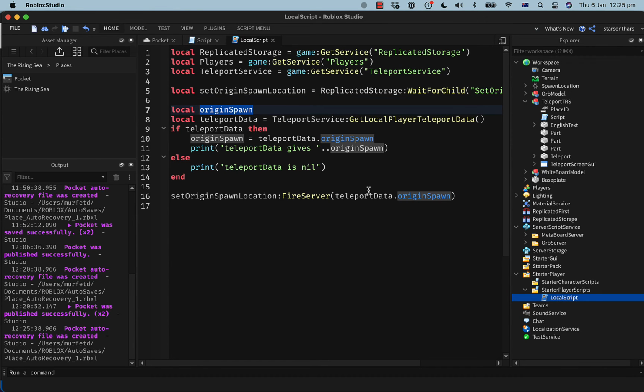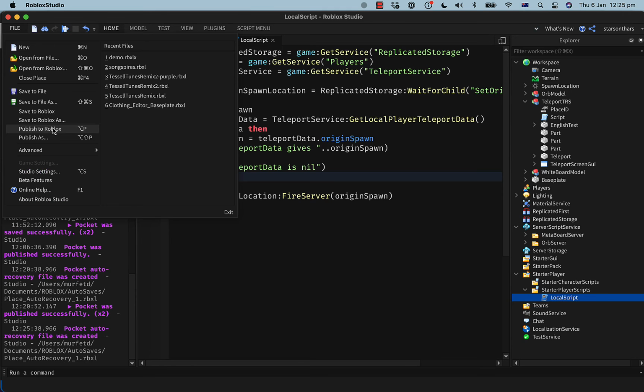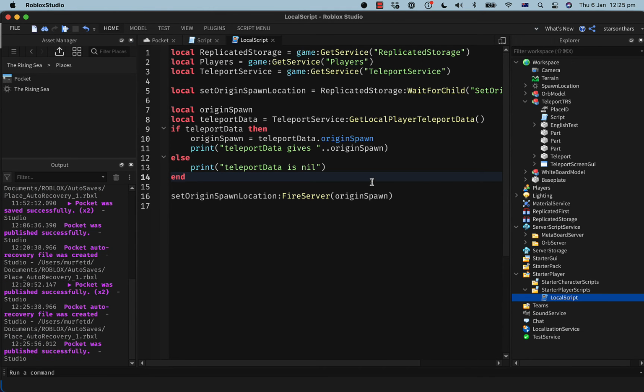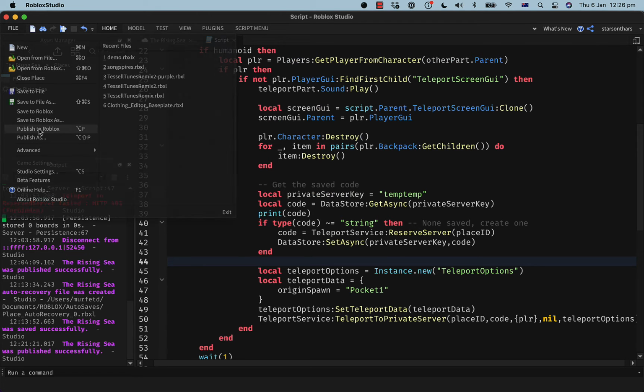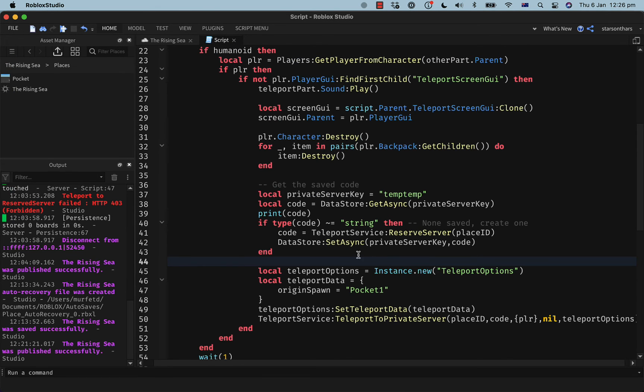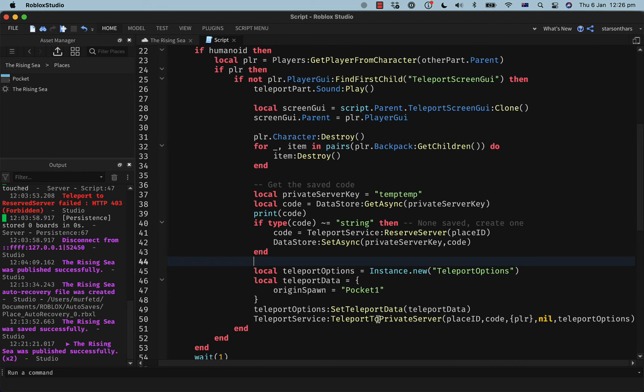I'm not sure. It's possible this API just doesn't work anymore. There's two slightly different versions in the docs, so maybe they just stopped caring about one of them. Am I doing something wrong here? Teleport options, set teleport data.